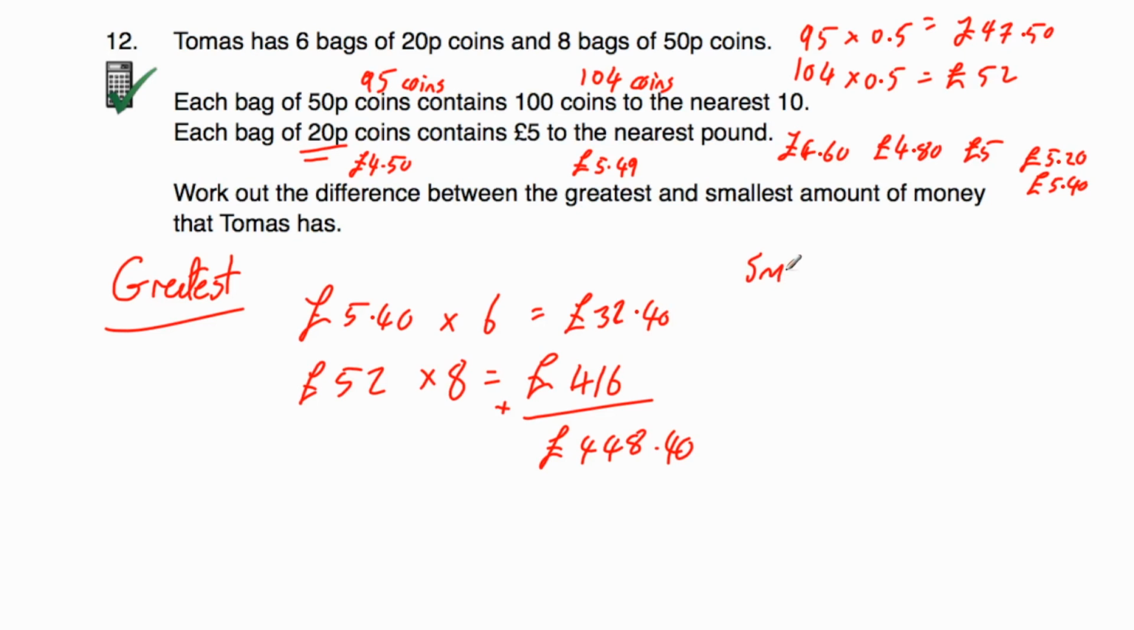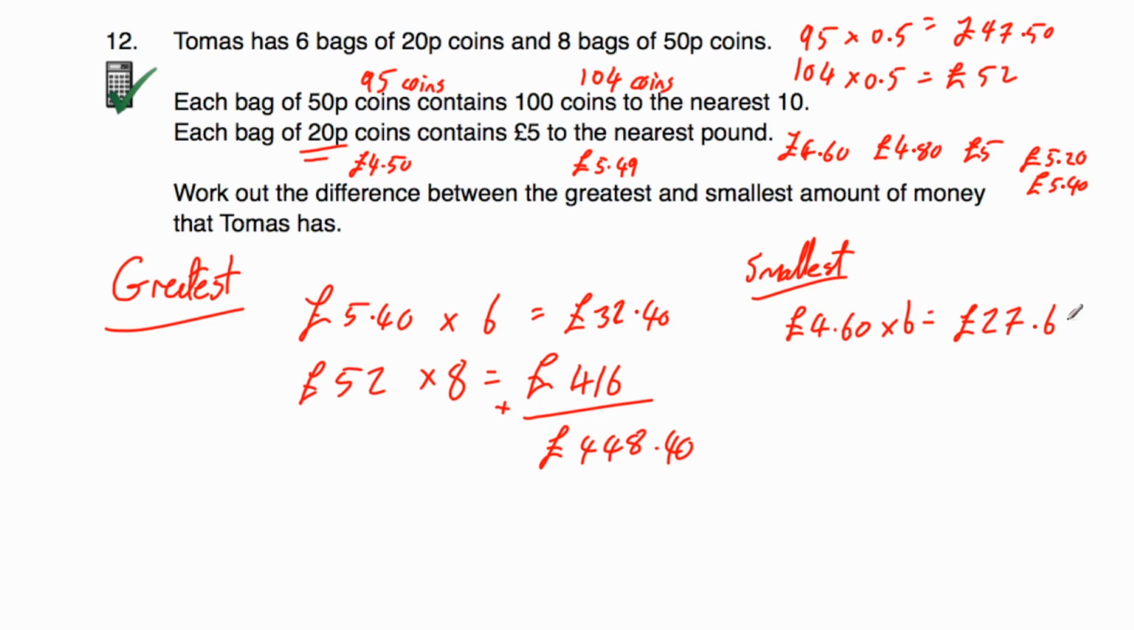Let's find the smallest now. So the smallest. Let's deal with 6 bags of 20p's. Well, the smallest amount of money he could have in each of the 20p bags is £4.60. So if we do £4.60 multiplied by 6, that would tell us the smallest amount of money he could have in 20p's. So £4.60 times 6 is equal to